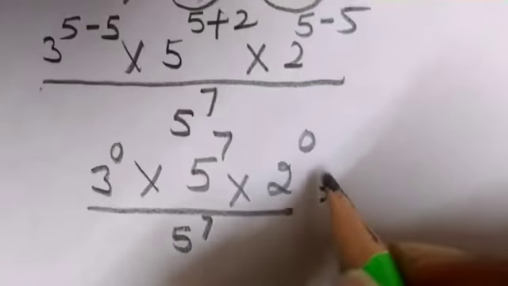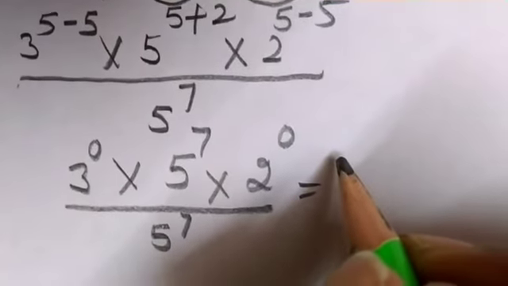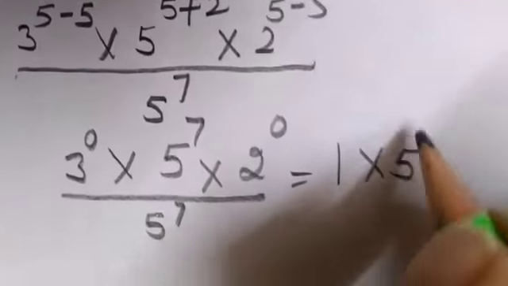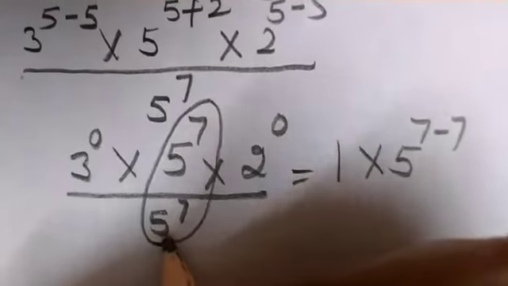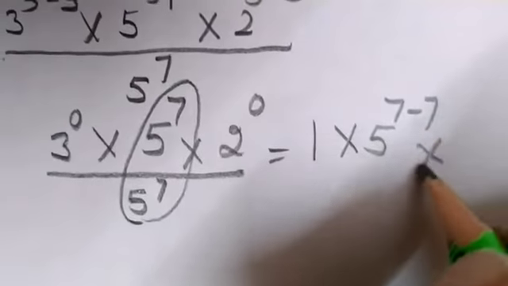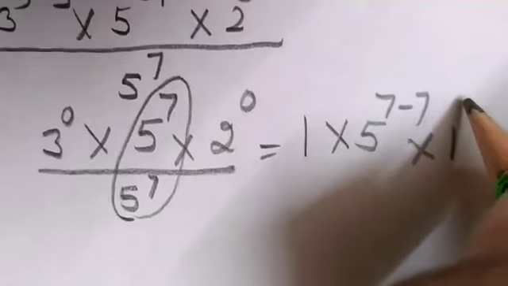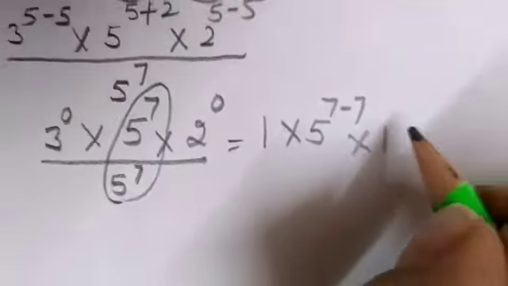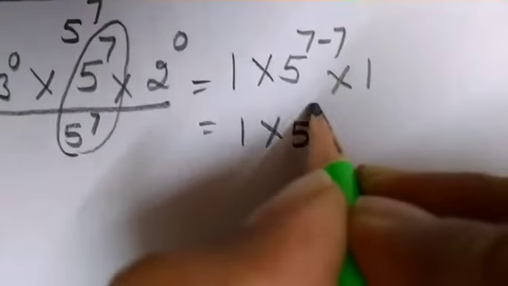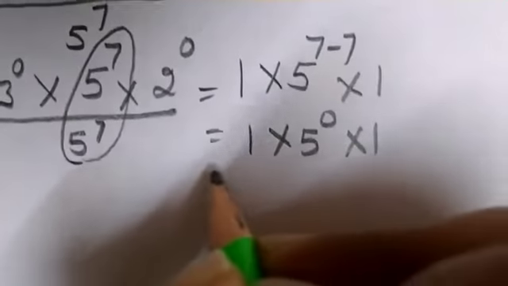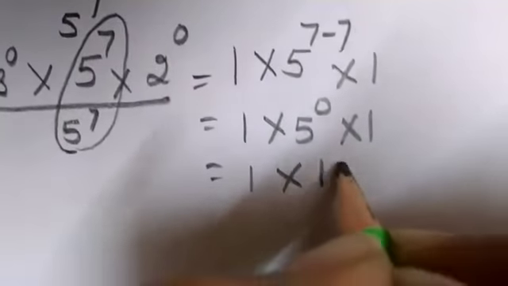Now 3 raised to the power 0 is 1, 5 raised to the power 7 minus 7, क्योंकि डिवाइड हो रहे हैं और बेस सेम है, we subtract. And 2 raised to the power 0 is 1. Answer is 1 multiplied by 5 raised to the power 0 multiplied 1, that means 1 multiplied by 1 multiplied by 1,